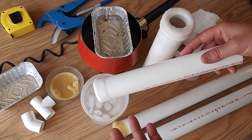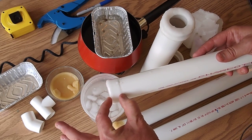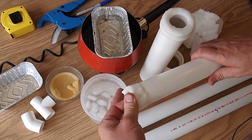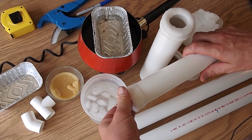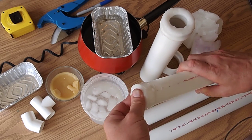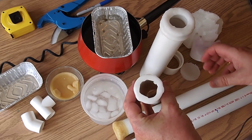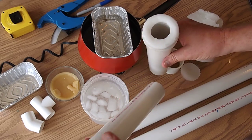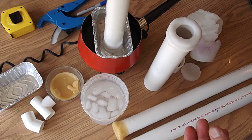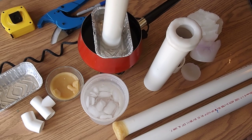And you can also, there we go. You can also see the depth of the wax in the pan. And so now, there we go. So there's a smaller opening. It will take a lot less wax for a smaller piece of pipe than a bigger piece of pipe. And if you just alternate between them like that,